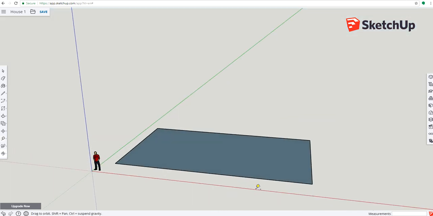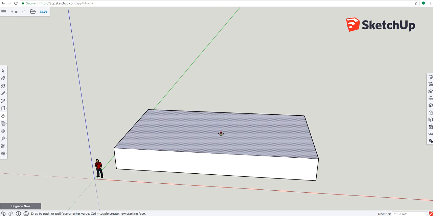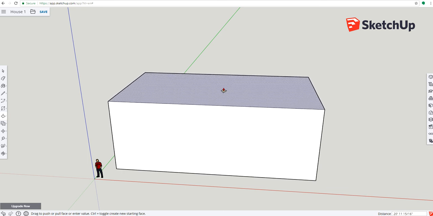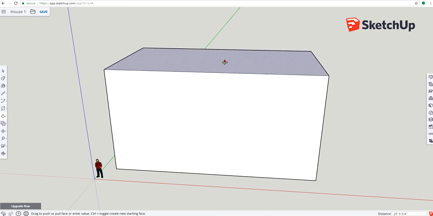Now, we need some height to the house, so this is where we're going to use push-pull. Click on push-pull. All right, we're going to go to this surface, and we're going to left-click and go straight up. Now, this is a 2-story house, so we're going to go up about 30 feet. Watch your distance box. 24, let's see here, 29,